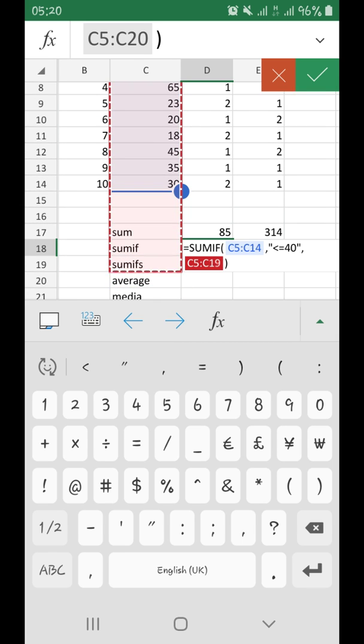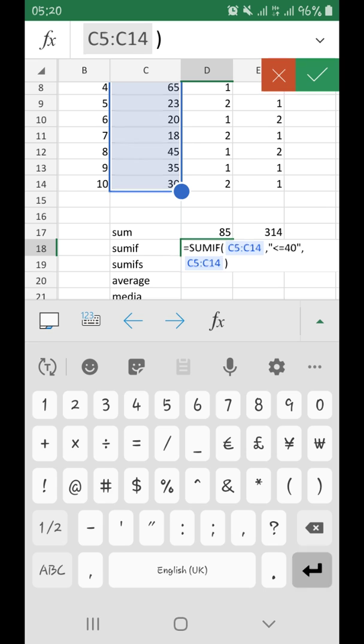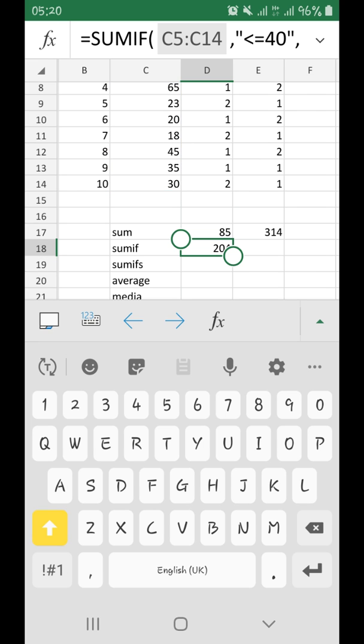I will select the same range in here. That is what I want to sum. So after that, I close the brackets. After I've done that, then I say okay. So these values that we have got here,